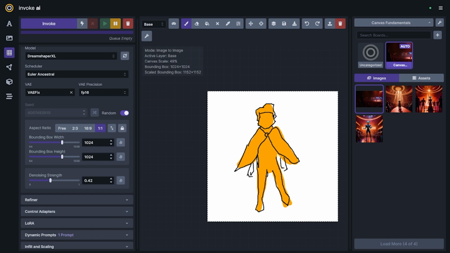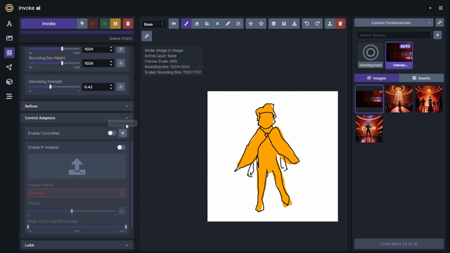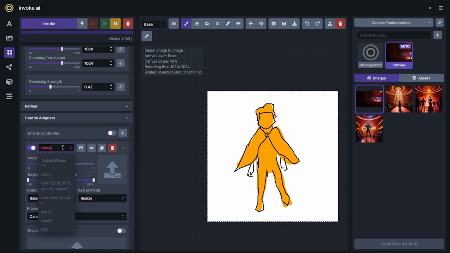All right, so I'm going to slow this down because I've got a general rough sketch of something that I'm thinking about, some kind of mage, and it's a very, very rough sketch. But I like the rough shape of that, and what I want to do now is use a control net. I'm going to go ahead and use the SDXL soft edge control net